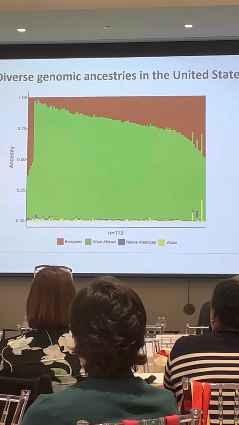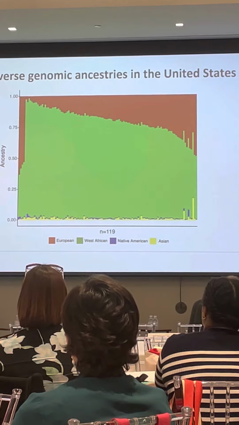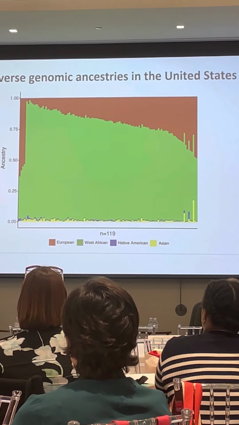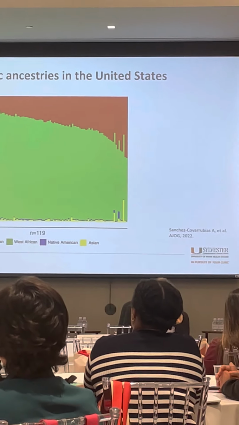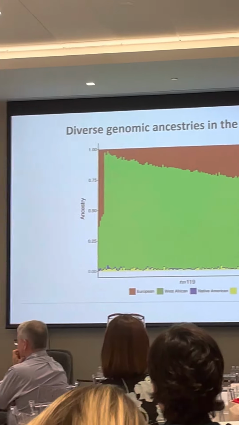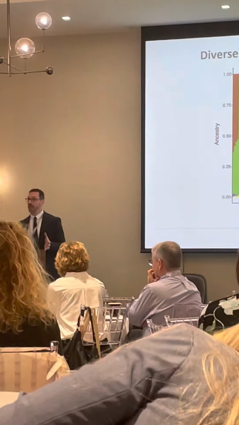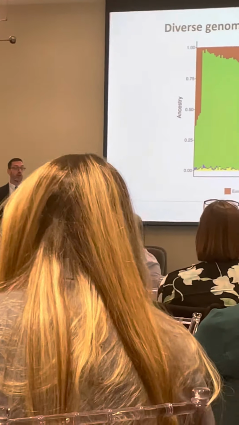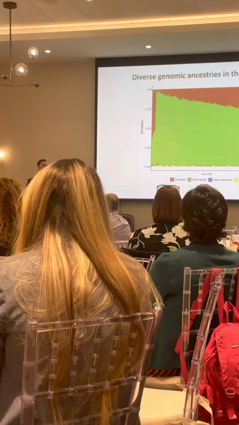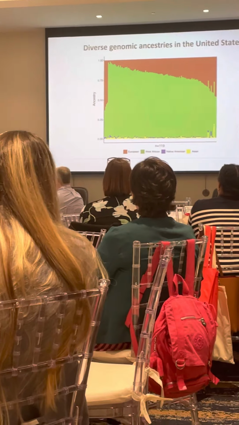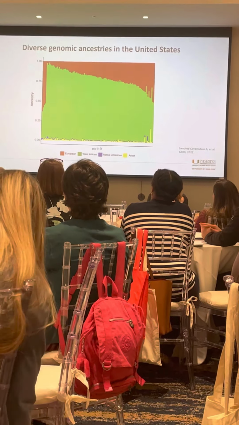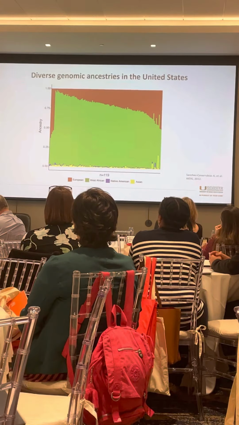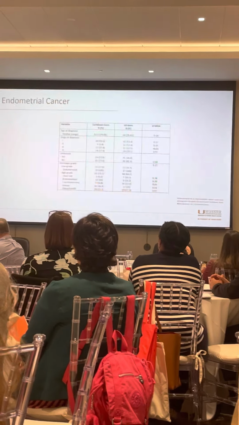This was done using Cancer Genome Atlas data by the NCI, and these are all women who self-identified as Black, all with endometrial cancer. And you can see that even though within the same racial construct they identify as Black, their genomic ancestry is substantially variable. So again, there's an added layer of complexity and understanding that we need to have from a genetic perspective, even aside from things like socioeconomics.